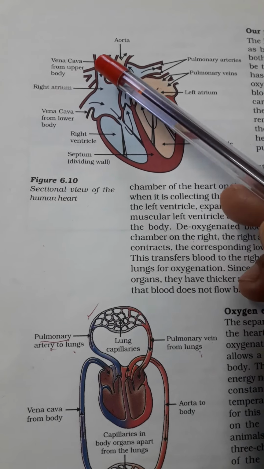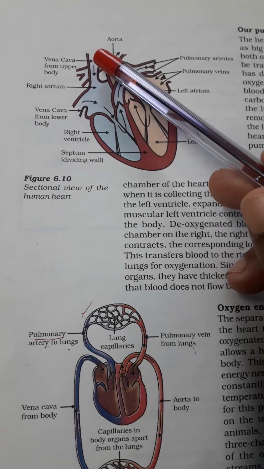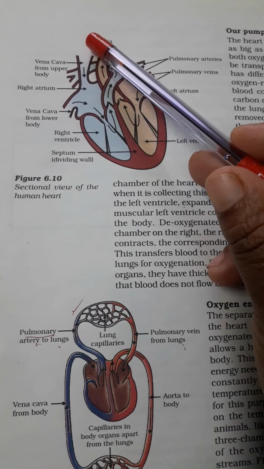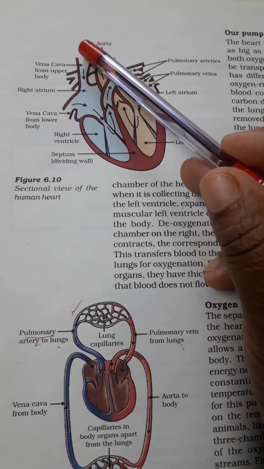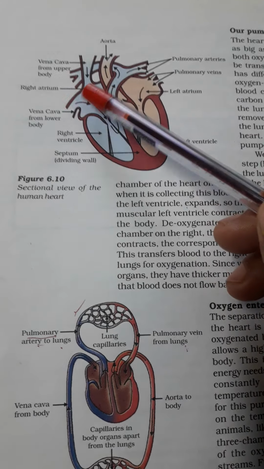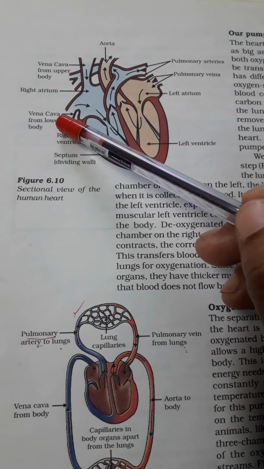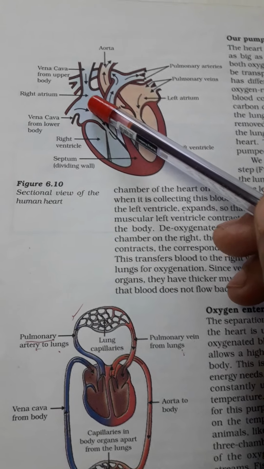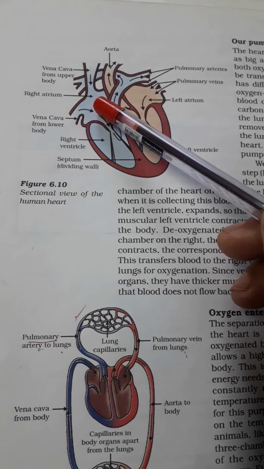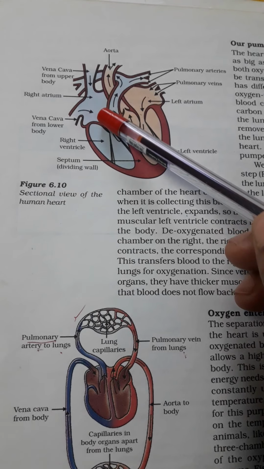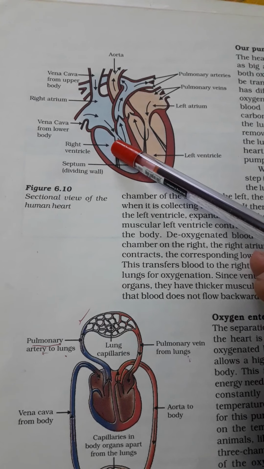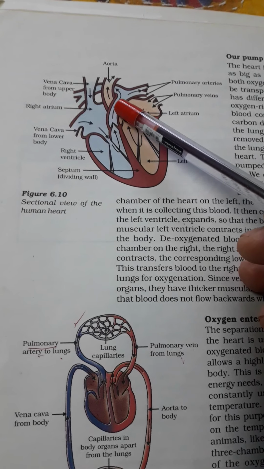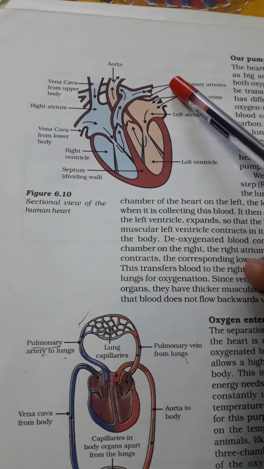See, there is a thick pipe that is called the superior vena cava. It brings the deoxygenated blood from the upper part of our body, and this one is the inferior vena cava. It brings the deoxygenated blood from the lower part of the body and puts it into the right atrium. From right atrium it goes into the right ventricle, and from the ventricle it is carried by the pulmonary artery to the